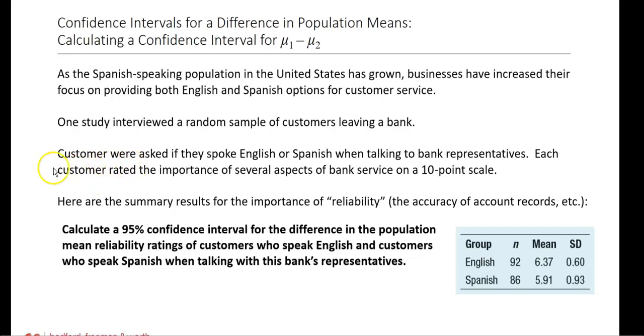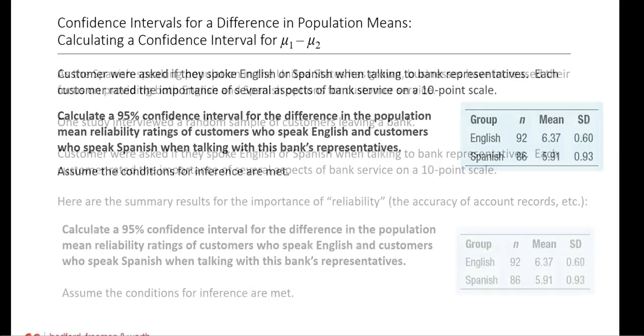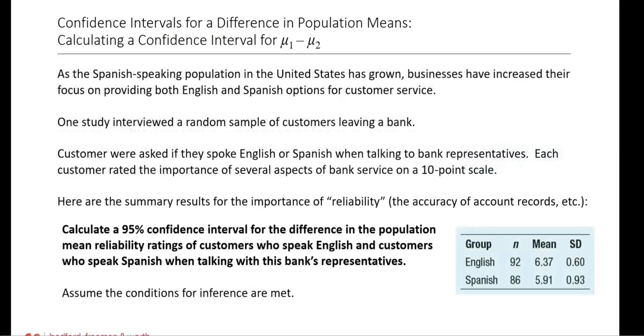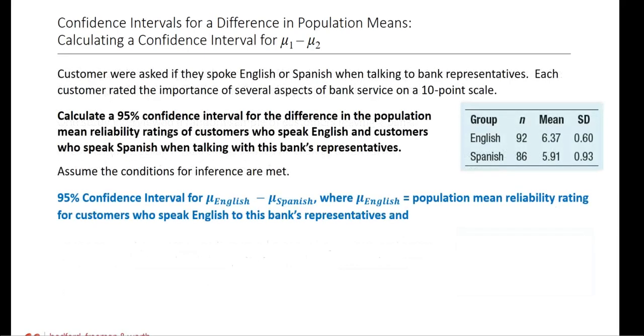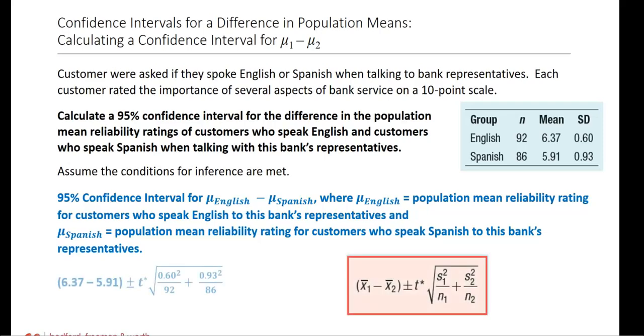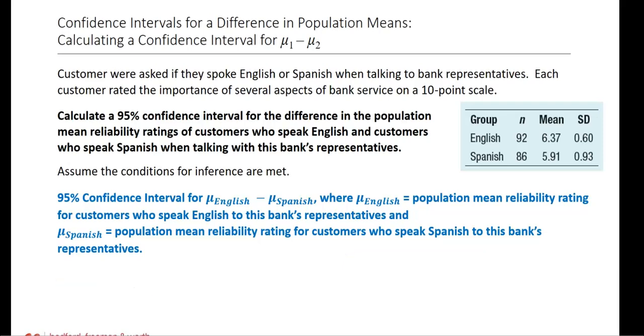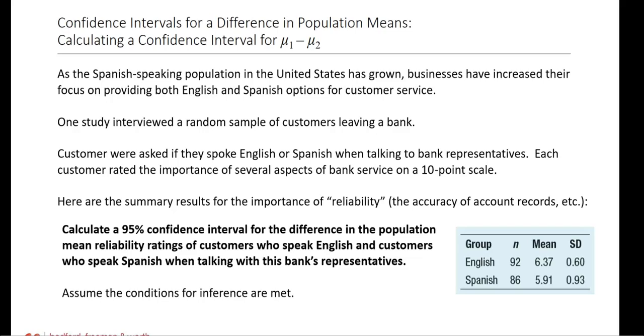So again, you're going to plug in, first you've got to state, assume the conditions are met. That's so nice. Okay, so we're just going to go right to the, I still think you probably need to do the null and alternate. They didn't do the null or the alternate. Let's see, so the null would be, the difference is 0. The alternate,